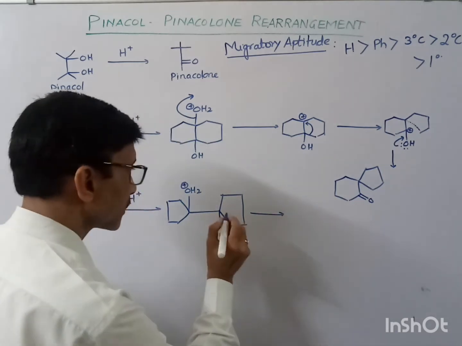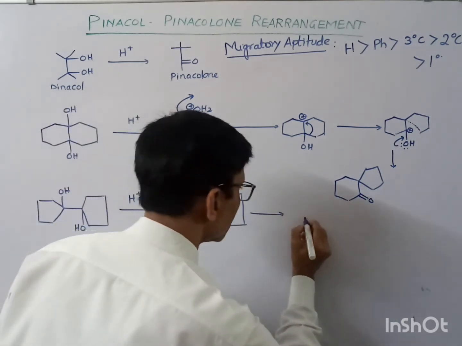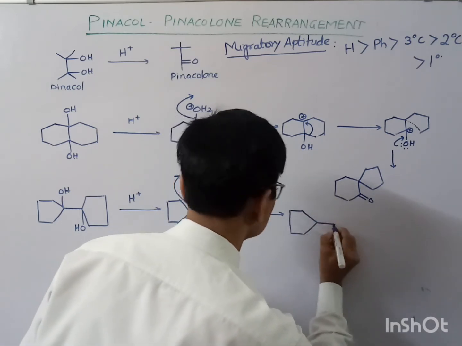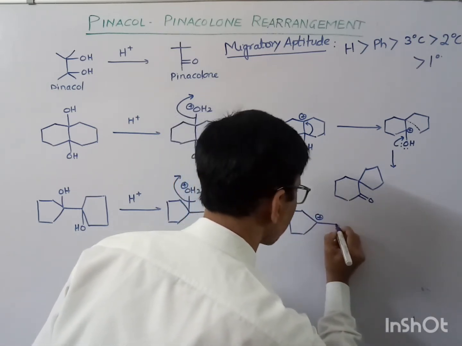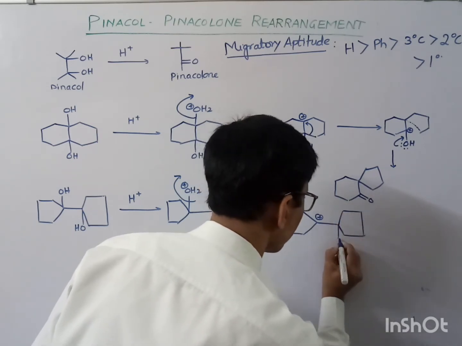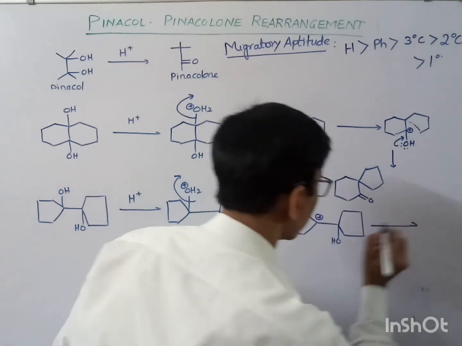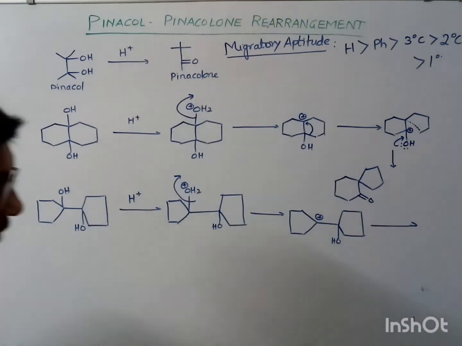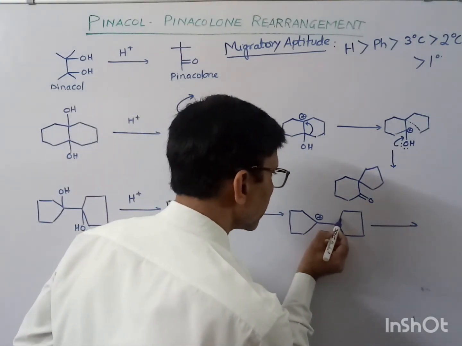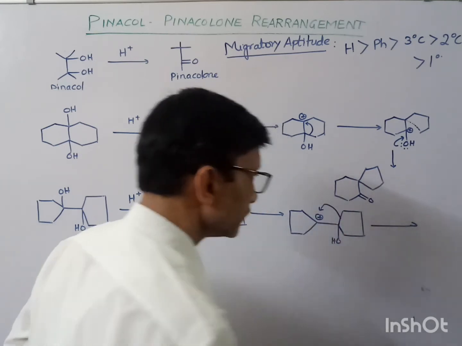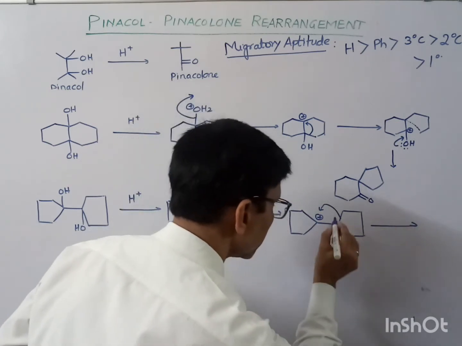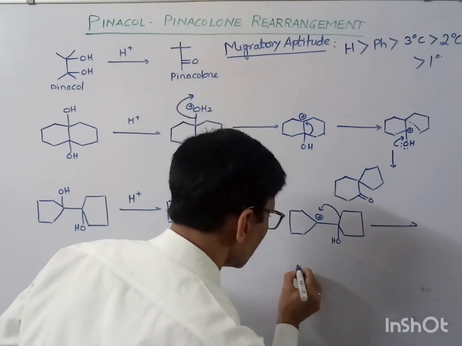and in next step the removal of an H2O molecule. So what will be formed? Positive charge on this carbon. Now this positive charge will be neutralized, so either the shift of this double bond will break, and the methyl shift will take place over here. So when this methyl shift takes place, then how can we write? So we may write